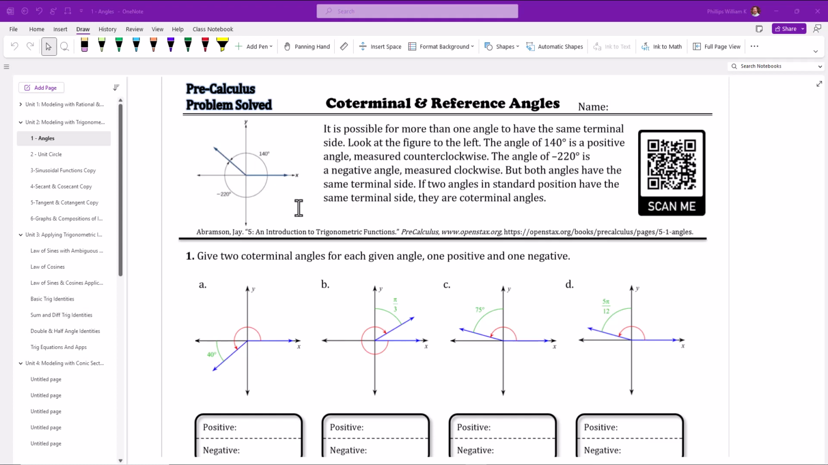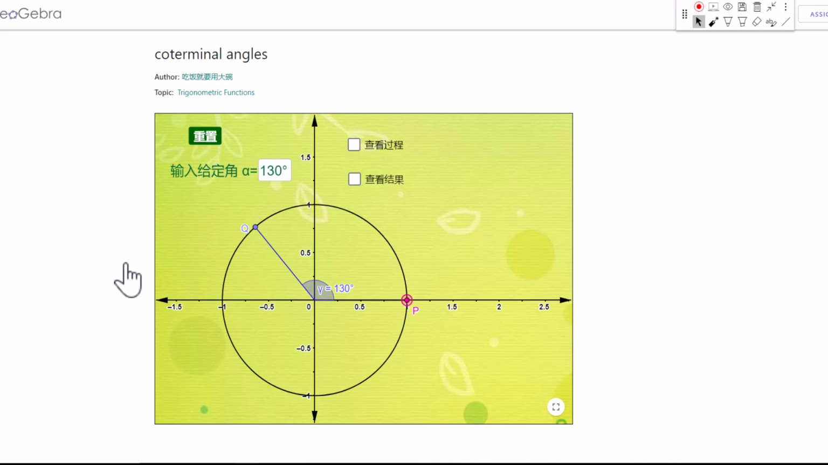Hey everybody, so in this video we're talking about coterminal and reference angles. So like other prior videos, before we jump right in, I want to explain to you what a coterminal angle is. So here we have this interactive and we have this angle in standard position and it is a 130-degree angle. Now a coterminal angle is an angle where the terminal side is in the same place as this terminal